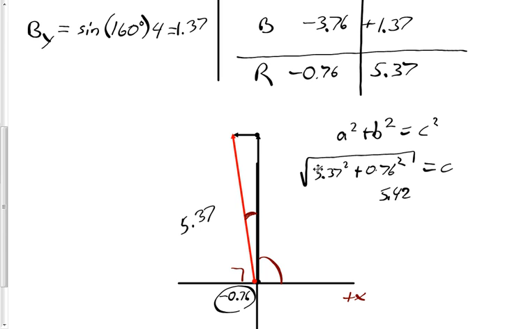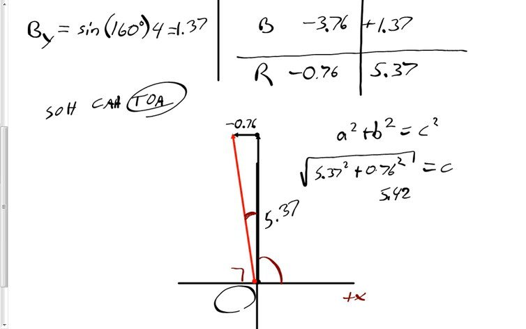So if this up here is the 0.76, again, I'm not worried about the negative at this point because I'm going to find the angle for the direction. And this side here is 5.37. What is that angle? So I have the opposite side and the adjacent side. Well, again, with my SOHCAHTOA,